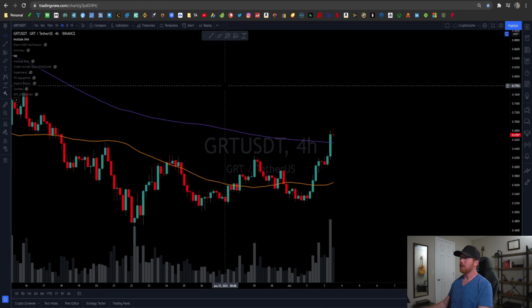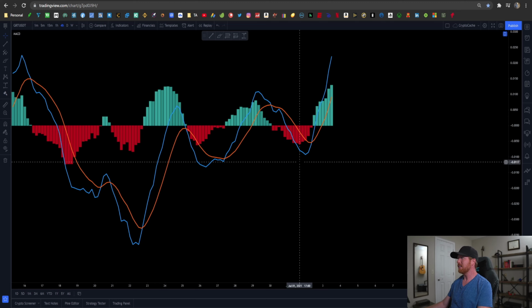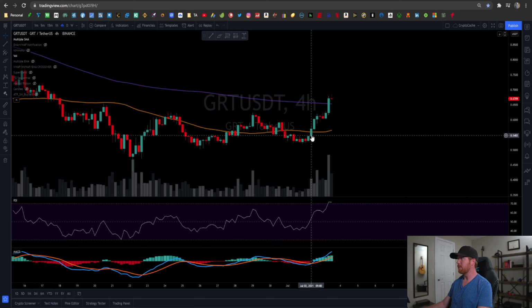Right, so that's kind of what we're looking at for the graph on the 4-hour chart. Not much else to really note. I mean, we could look at the MACD. It did swing upward. Here we had this nice convergence, and where was that? That was roughly right about this point.